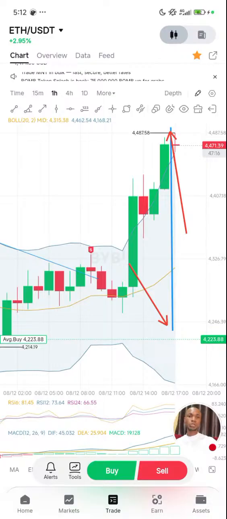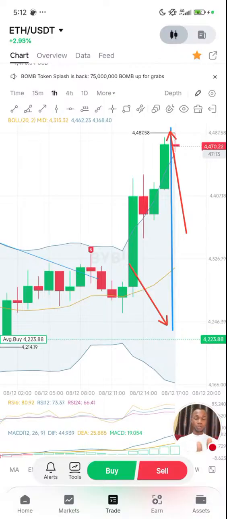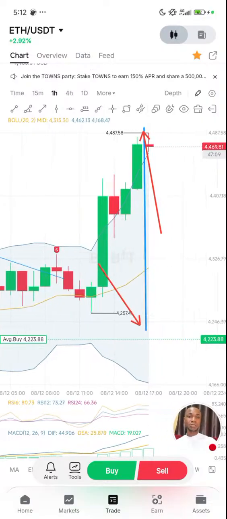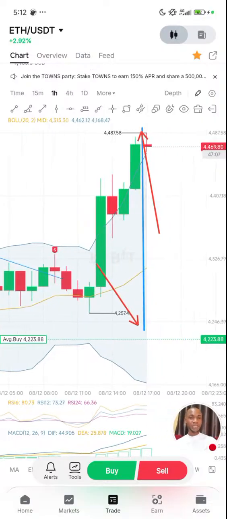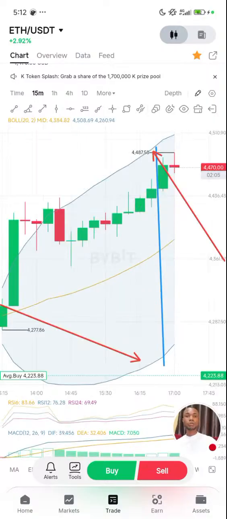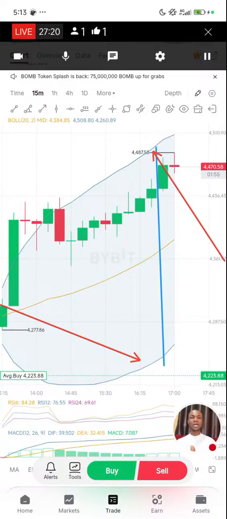So if you look, since we have been on this, you can see that this last candle has been there and it has not moved. If you go to 15 minutes as well, it's still there. It's not going down, it's not going up. The reason why it is still is that